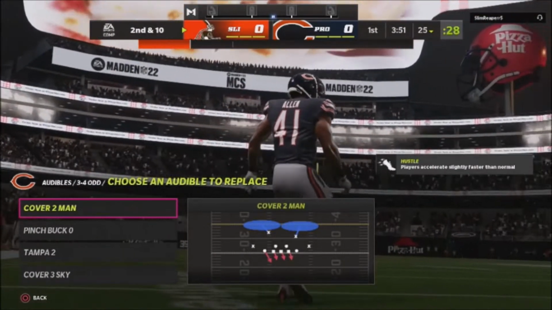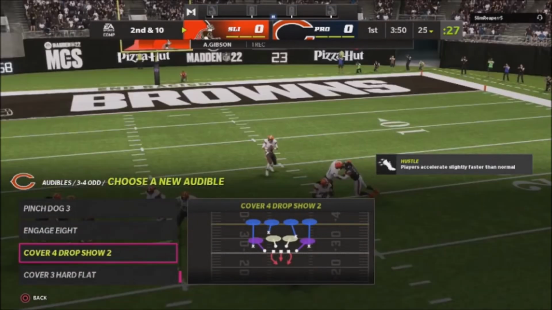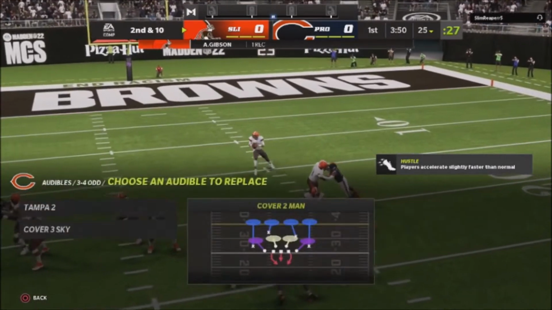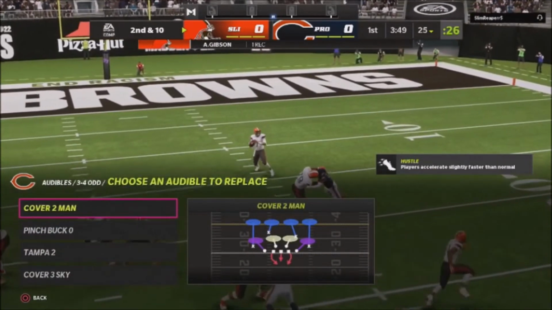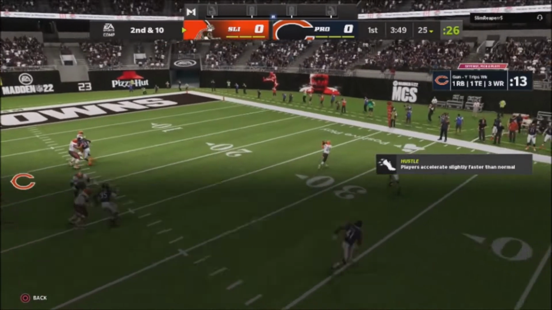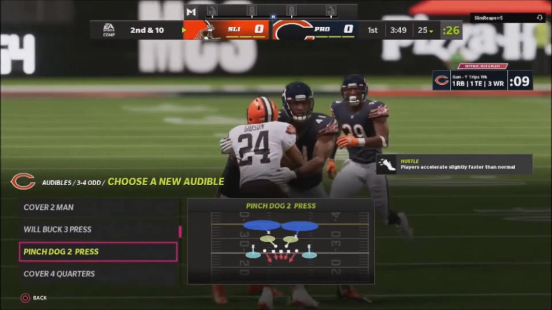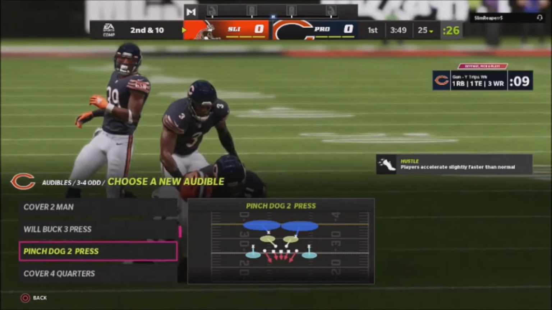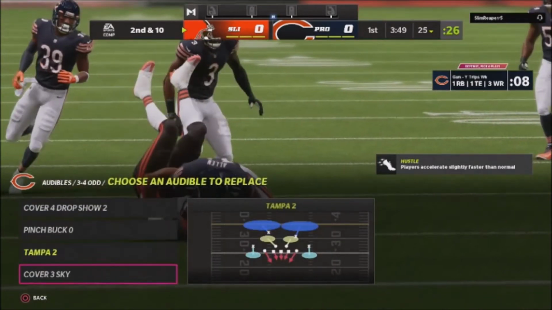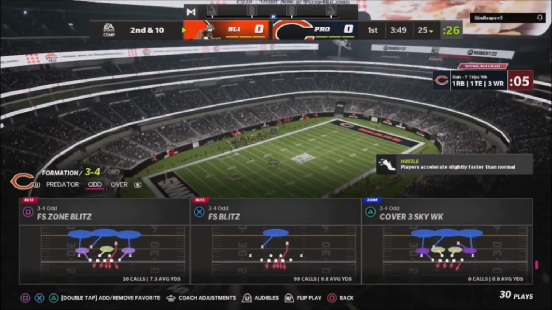Now, how I like to set up my audibles is the following. My top audible, I like to use the cover 4 drop. That's one of my base defenses I'm going to use. I want to make sure my opponent knows that I've got drop defense I'm going to hit him with. And then the Tampa 2, I'm going to switch into basically the pinch 2, which is an aggressive blitz version of it. I can take those edge pressure guys and put them in drop zones. And then typically with the cover 3 shell, I like to use a buzz